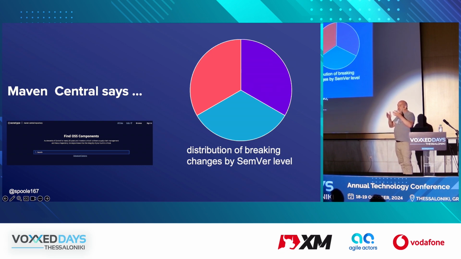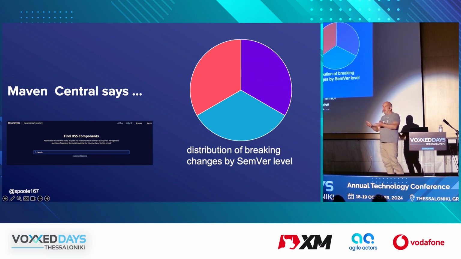If you change the minor version, those are supposed to be new features, not breakages, right? And then patch versions, the third dot, is meant to be bug fixes, basically. You don't release new code, just bug fixes. So you can expect that if the major version changes, it'll break. If the minor version changes, it shouldn't break. And if the third one changes, it shouldn't break at all.